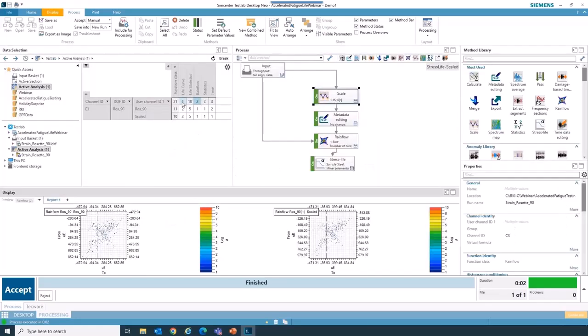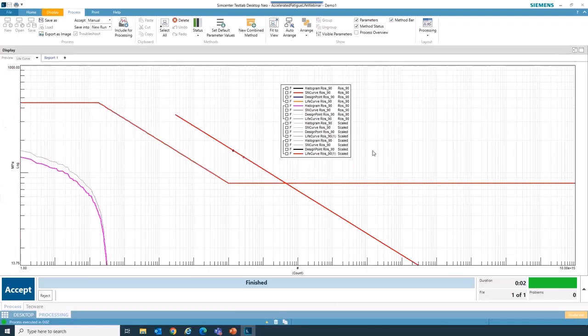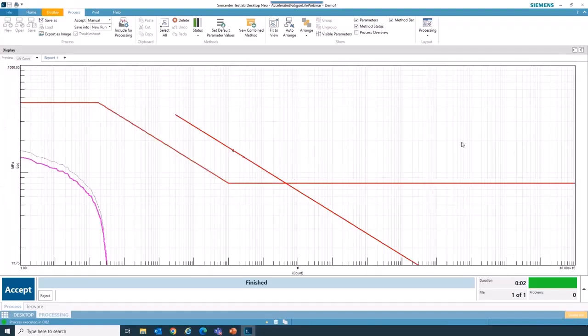Similarly, we can look at the life curve. Let me deactivate the legend. Here, based on the material property, this is the shape of the curve, and it's showing the histogram of the original loads and the number of cycles, and then this is with the increased loads and the number of cycles. We can see from here, for this maximum load, this is the corresponding point on the life curve. Now, this material property curve represents a constant level of amplitude and the number of cycles for failure. But based on this loading that we have, the amplitude levels are not always the same.